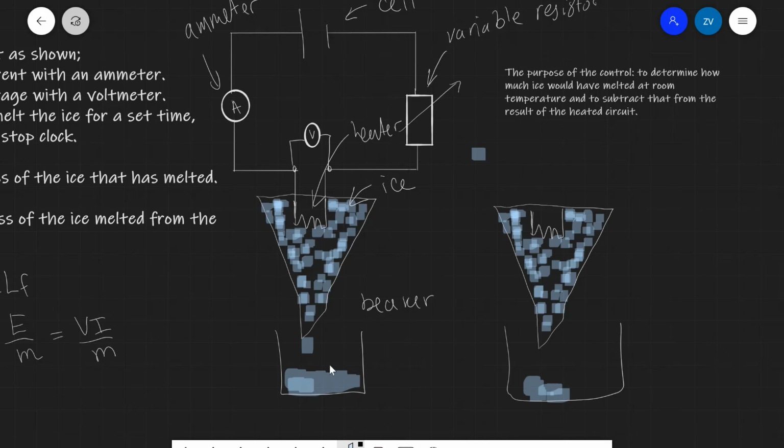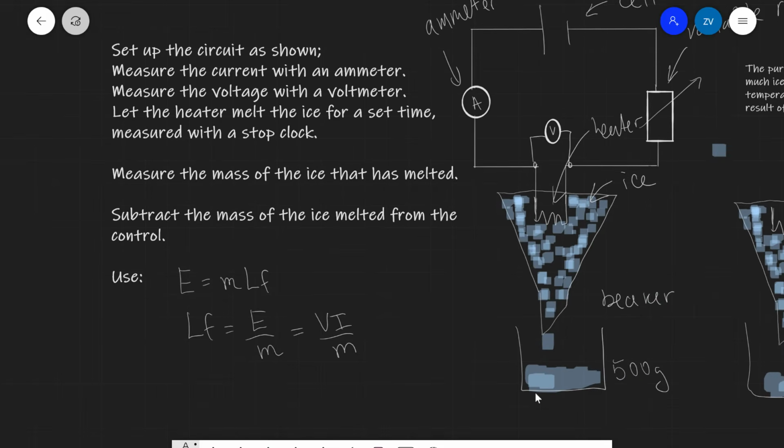So essentially we're going to take this mass here, and subtract it from this mass. As a little example, let's just put in some numbers. Let's say this here was 500 grams, and let's say this one here was 70 grams. Then our mass M will be 500 take away 70, which is 430 grams, as an example. Okay, well, we have the mass that is melted, we've subtracted it,